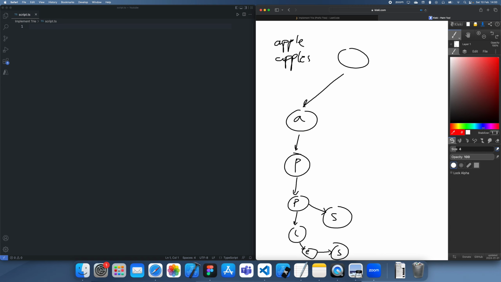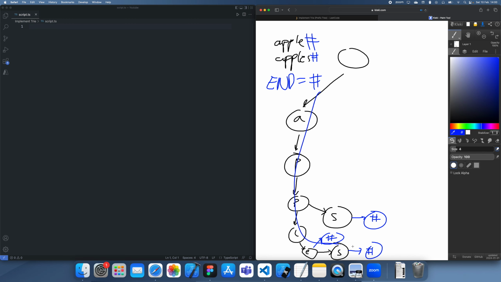Well, that's why one thing we can do is add an end character, and this can be anything. You just need to make sure it can't be used by any words. So I'm going to use a hashtag, and essentially what I can do now is just add a final node onto the end of each word, which essentially marks that if we can go apple and then over here to another node, then we're searching for just apple. So when we search for words, we want to search for the words with the hashtag at the end. This just ensures there's always an end character at the end, and then we can just search for them like this,